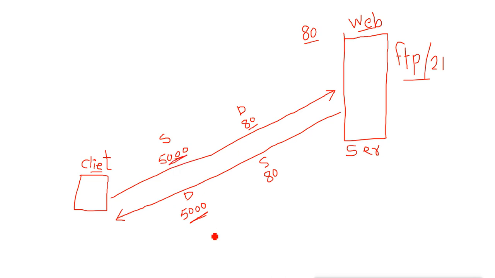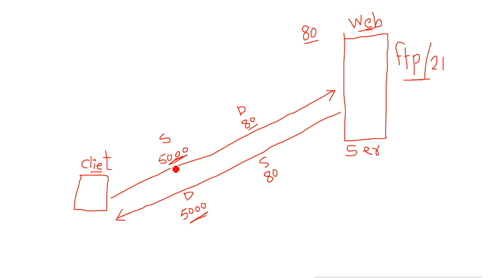And the IP will also be there, but maybe it is using the same server for two requests. One request is for a web server, one request is for an FTP server. So the same server and same client have two requests and replies, so the IP can be the same for the two replies. If this client accesses the web server and on the other side is accessing the FTP server also, both servers are the same, so the IP will be the same. The destination IP will be the same in both requests, and in the reply the source IP will always be the same. So the IP can be the same because the client can send multiple requests.